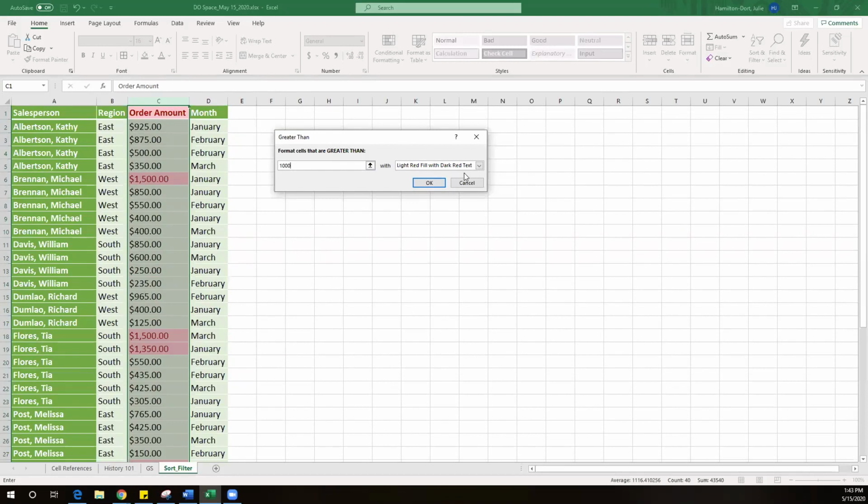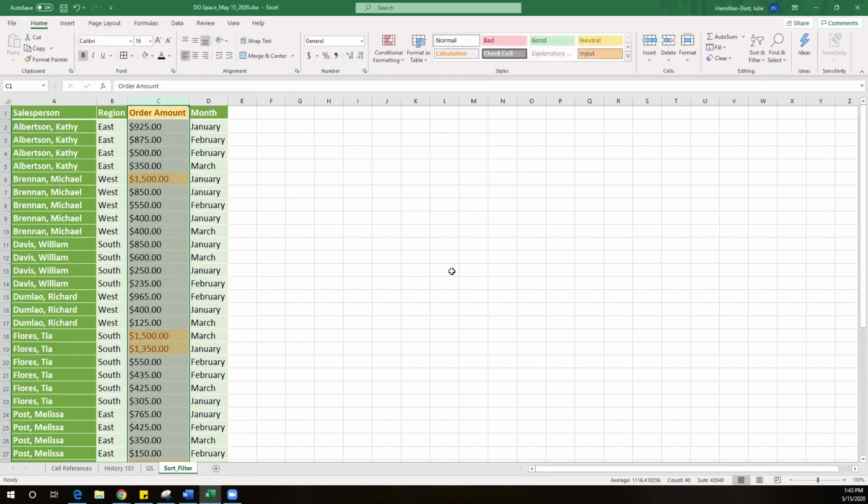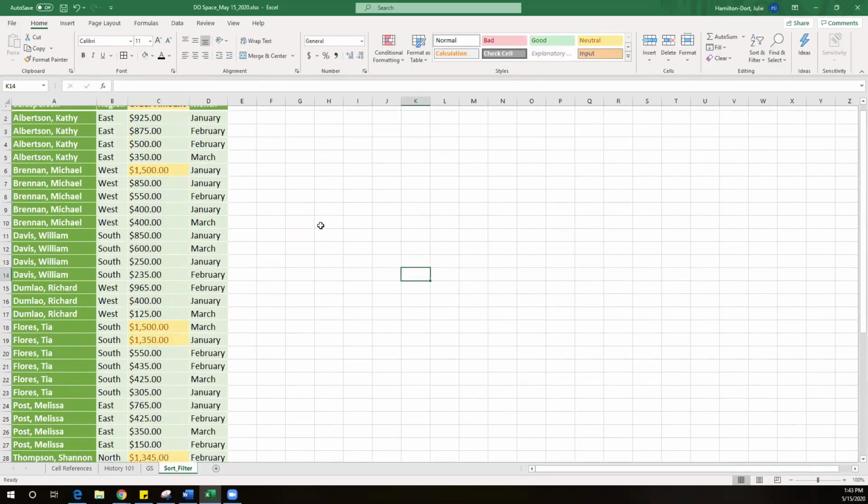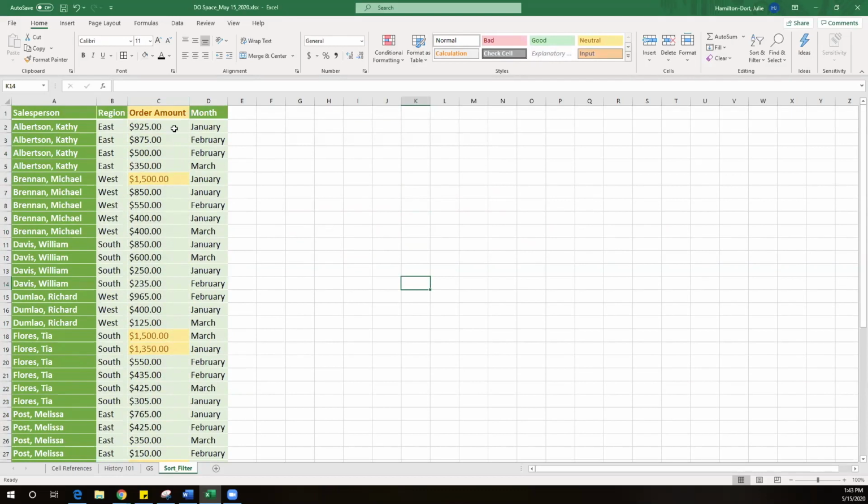I probably don't want that highlighted in red. I can come over and change that if I want to. Let's say that I want it highlighted in yellow instead. I can go ahead and click on OK, deselect that, and now I can very easily see all of the order amounts that are larger than